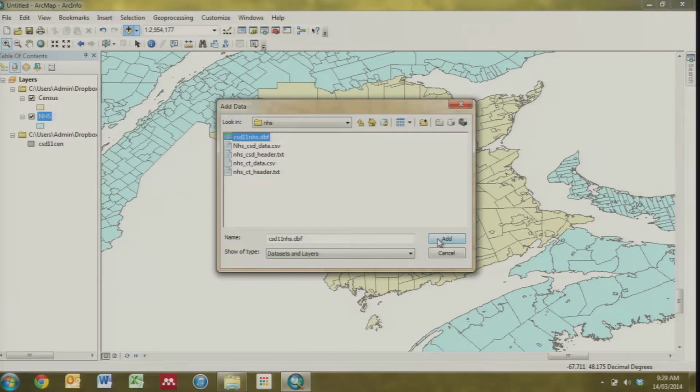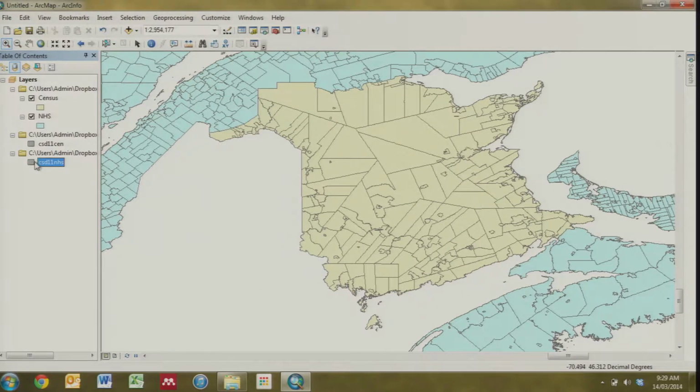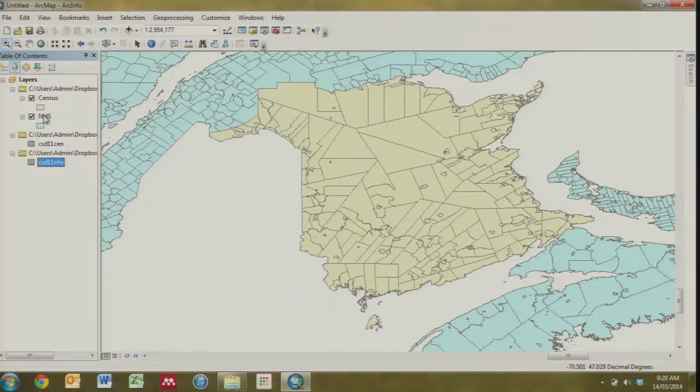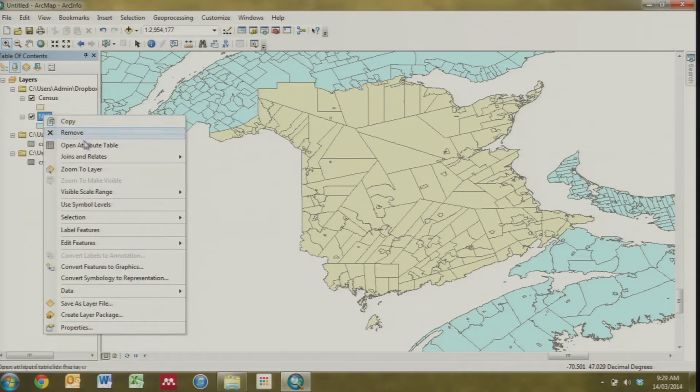So I'm doing it right now in front of you in case you're wanting to watch me. I'm adding this NHS data table. And if I want to join it to the NHS,